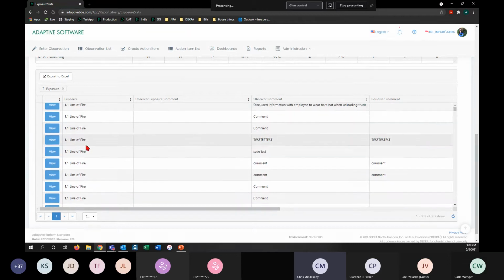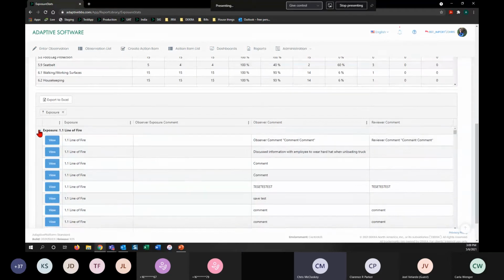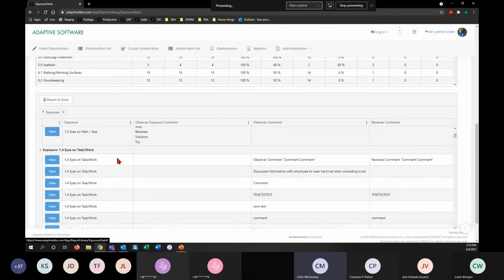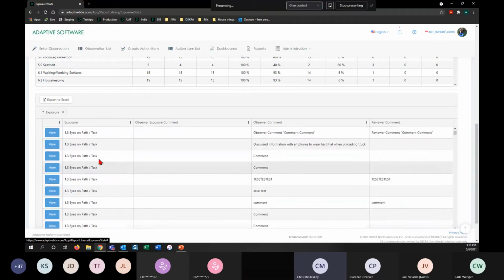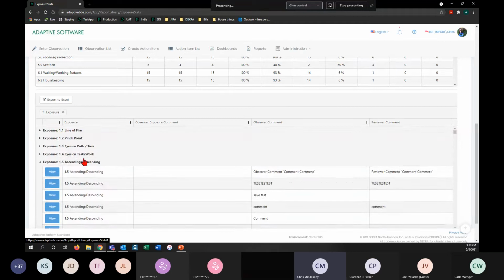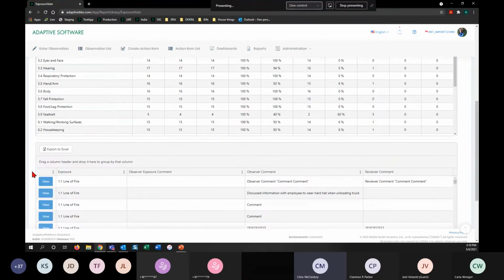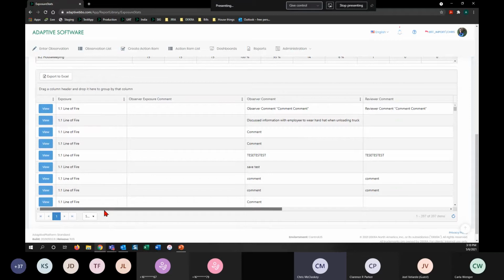But if you're wanting to look at something specific, you can hide line of fire or pinch points. I know those are some of our main ones that we really hit on with our testing site, since they're kind of the first ones. But you are able to group those out. If I pull over on our report here,